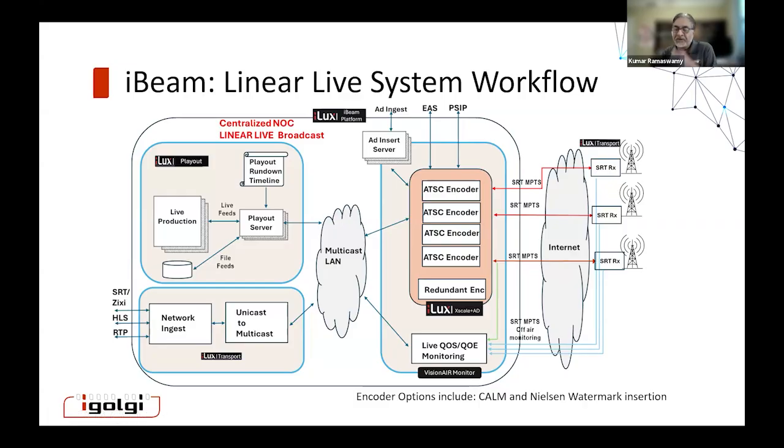And this kind of a monitoring capability does two levels of monitoring. One is QoS, namely transport stream and all the compliance requirements and all of that stuff in IP streams. And it also does QoE monitoring, namely the quality of the audio and the video. So if there is blockiness or if there is degradation in video quality or audio quality, this kind of a monitoring system is capable of monitoring, alarming, and sending out automatic information to operators so that they can handle the situation very quickly.